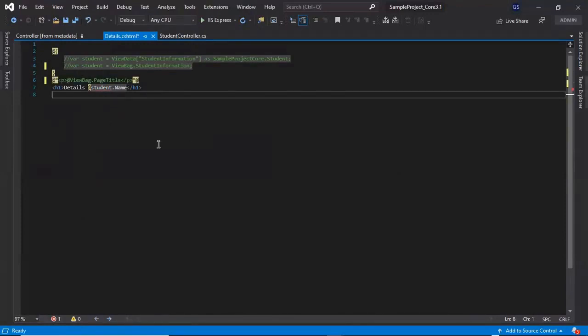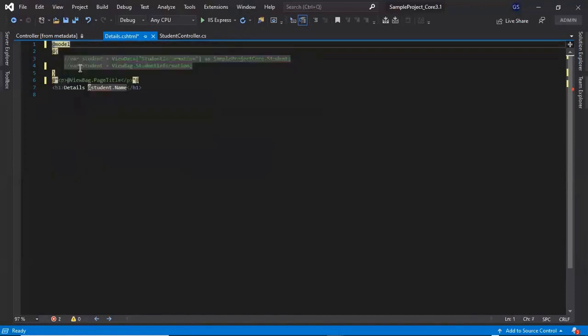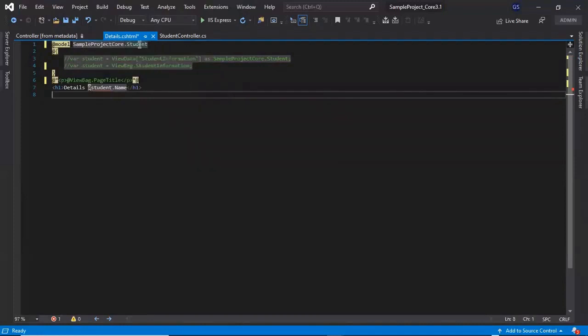So in this case, you need to use the @model directive, followed by a space, and import the model used for this view. In our case, that is the Student class. The basic thing is that strongly typed views are created using the @model directive, and we need to pass the model object as a parameter to the View extension method.